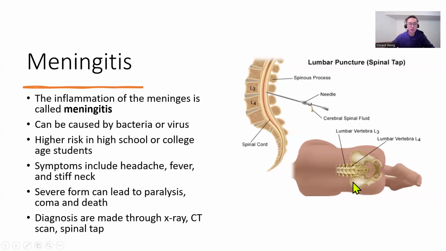Okay. They just freeze your skin a little bit with some freezing agent, so you don't really feel the needle going in, and then they take a bit of the cerebrospinal fluid, and then they will grow it to see if there are any bacteria. Now that sounds really scary, right? And it is. But remember,